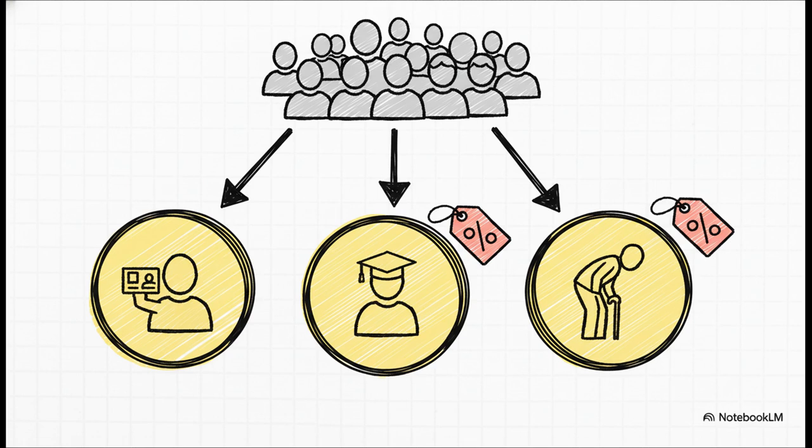The key concept here is something called price elasticity of demand. Basically, groups like students and seniors who are often on tighter budgets are very sensitive to price. They're elastic. A small price change can make a big difference in their decision to buy. But a business traveler, where the company is footing the bill, is inelastic. They don't care as much about the price. So by offering discounts to your elastic groups, students, seniors, maybe locals with an ID card, you pull them into the market without having to drop the price for everyone.